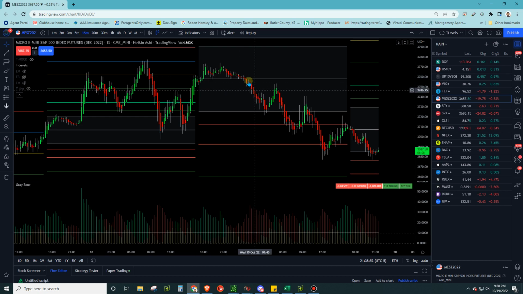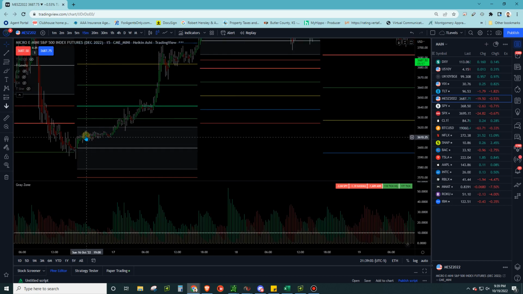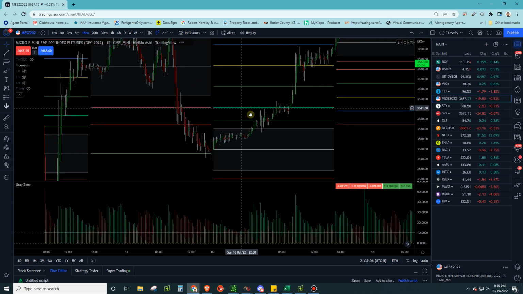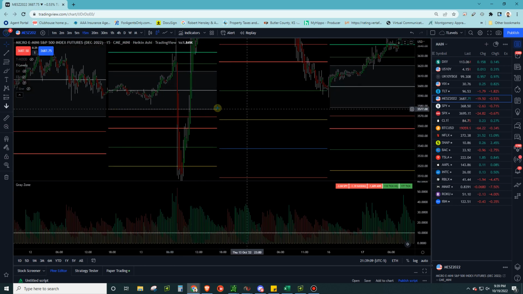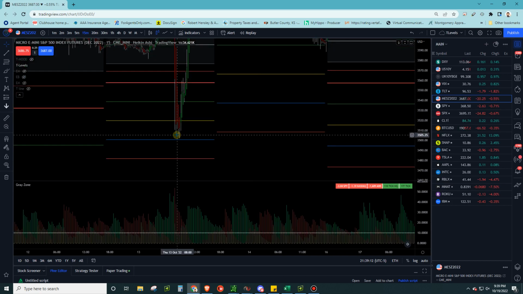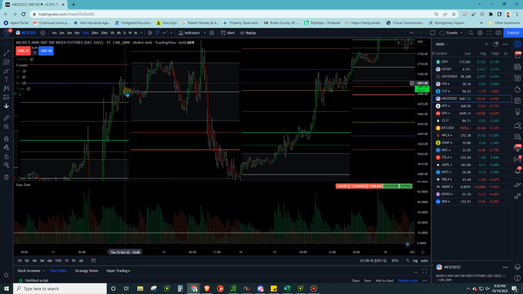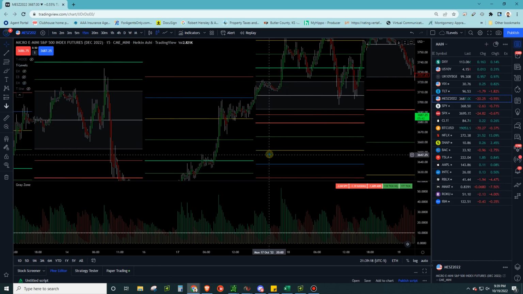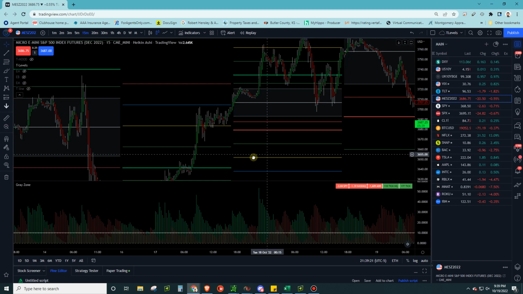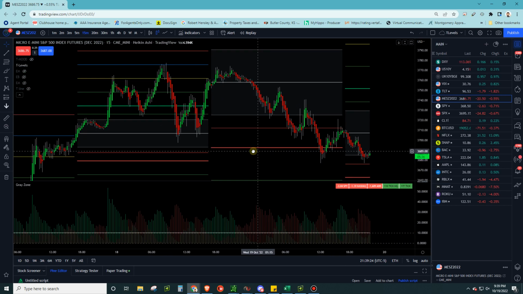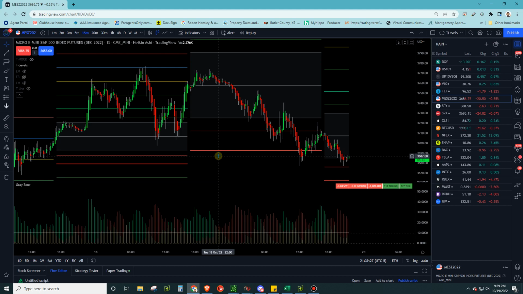Once you lose the support, which is essentially just the previous day close, you could start seeing where these flows that used to be in the market were holding it up. You see these V shapes. Those are the squeezes that we're talking about here. You're going to squeeze right at the beginning of the week. We had the other squeeze last Thursday, where we tried to break down 3,500 off CPI and then instantly rallied, one of the craziest reversals. So all these are Vanna and charm flows that are squeezing people out of the market. If you know that's happening, then you can start using these levels to develop a system around it and be prepared for it.